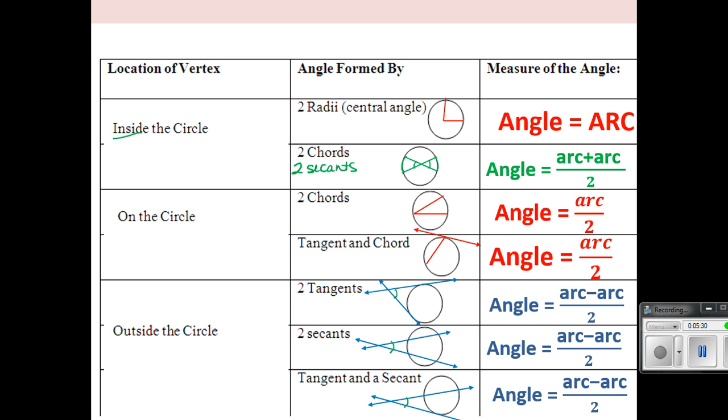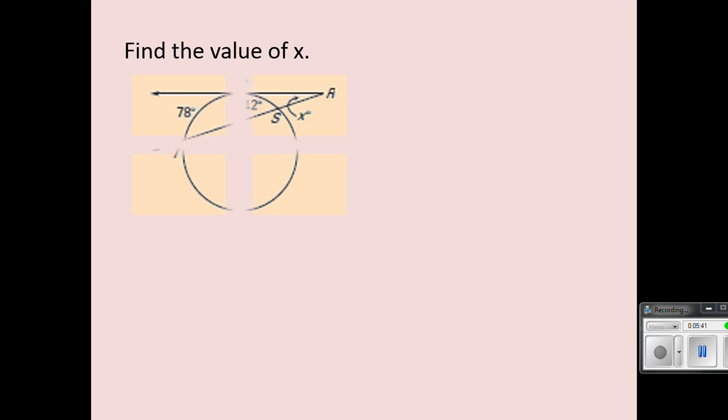All right, now you need to take out your notes because we are going to do 4 examples. So the first one says, let's solve for x. If I have my chart next to me, some of the things that I am going to be paying attention to if I were doing these problems, I would find out, first of all, what kind of things do I have going on in the circle? I have a tangent line. I have a secant, okay, and I have an angle that is